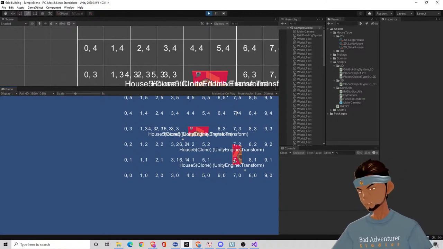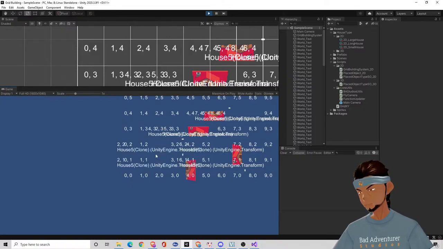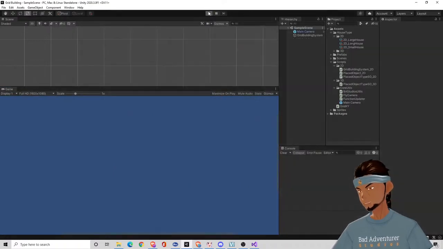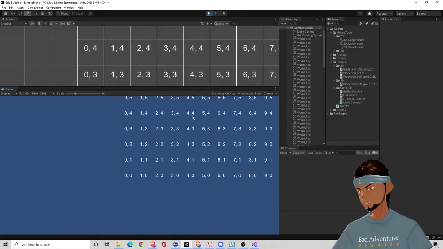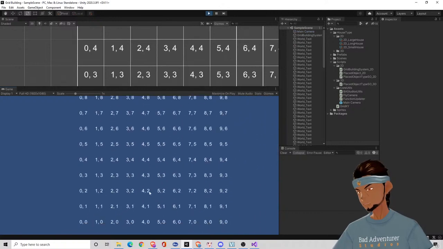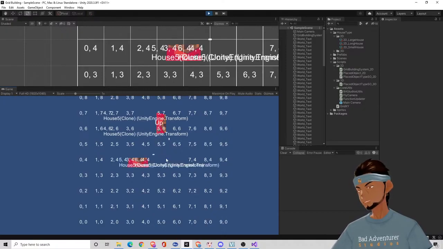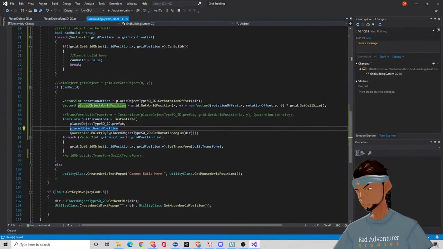Alright. Yep. Oh, wait, maybe not. So it didn't work. It worked on some rotation, not all. Let's see here. So for left, it actually pushes it way far up. These two are occupied, but it's over because when it's facing up,